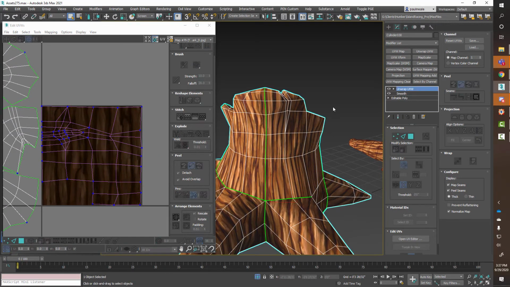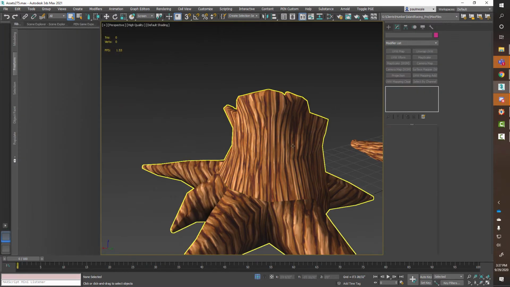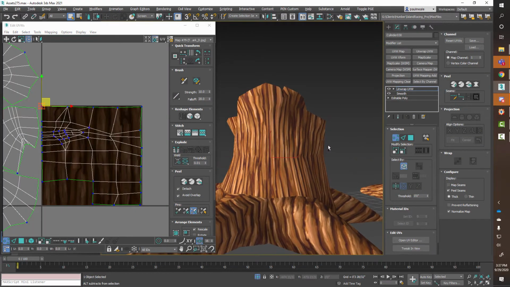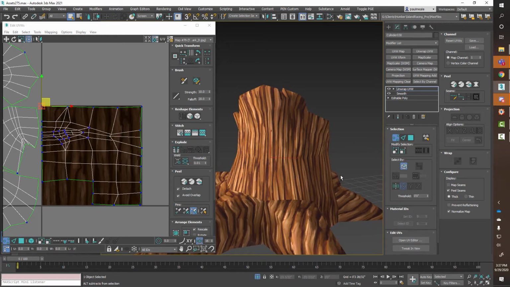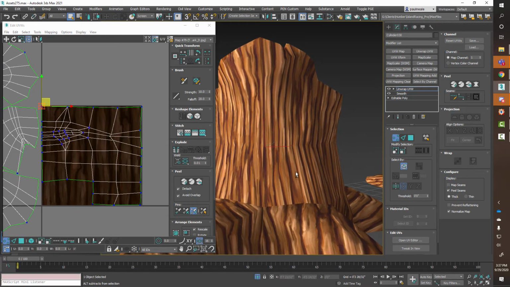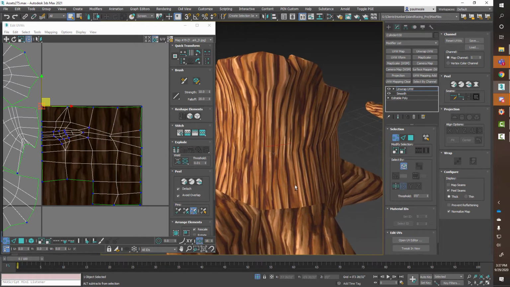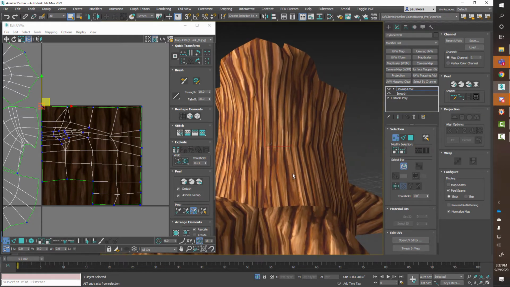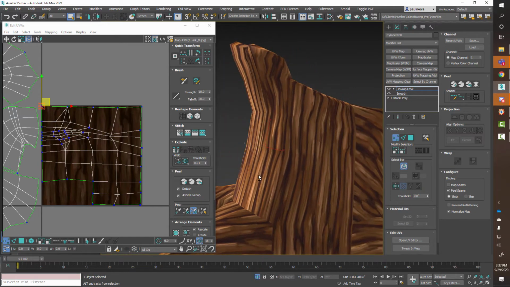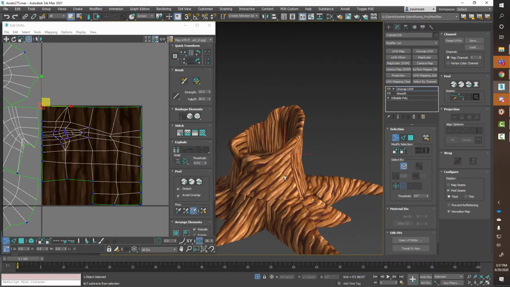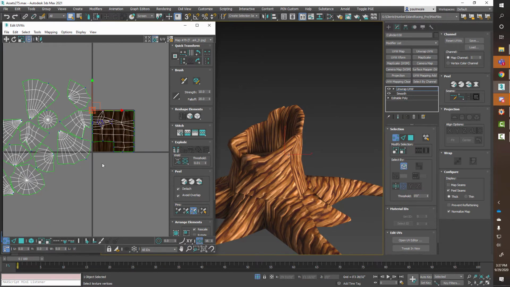So if we go and turn everything off, turn off the edge mode here, and actually in the UV unwrap, when I say don't show me the map seams, can you see the seam down there? It's basically gone. It's there, but you really can't see it that well. So is this the best thing going? Absolutely not. So I'm going to do that to the rest of these pieces, and